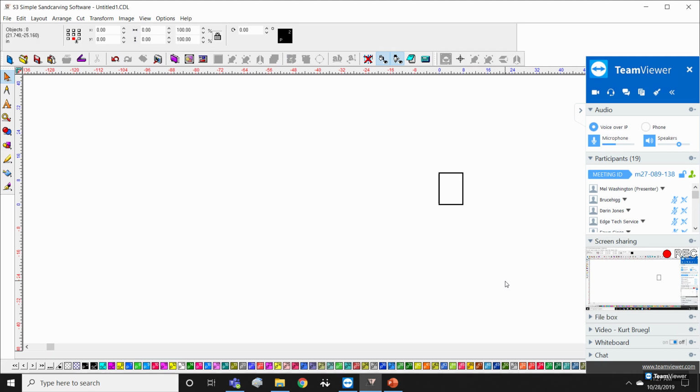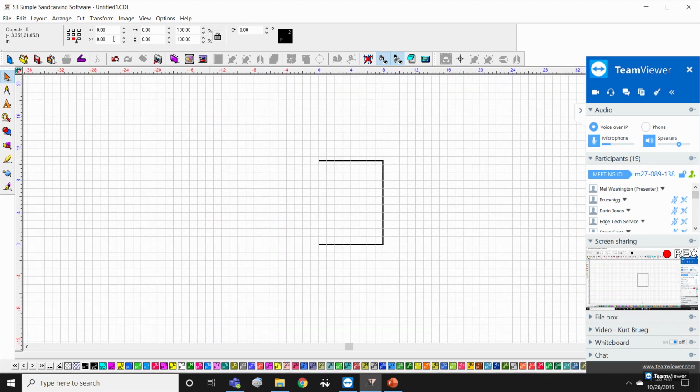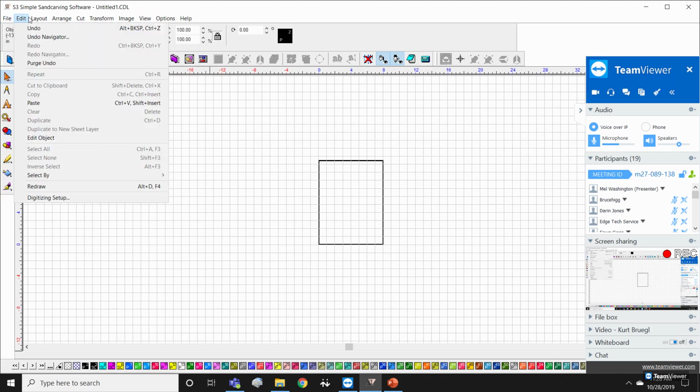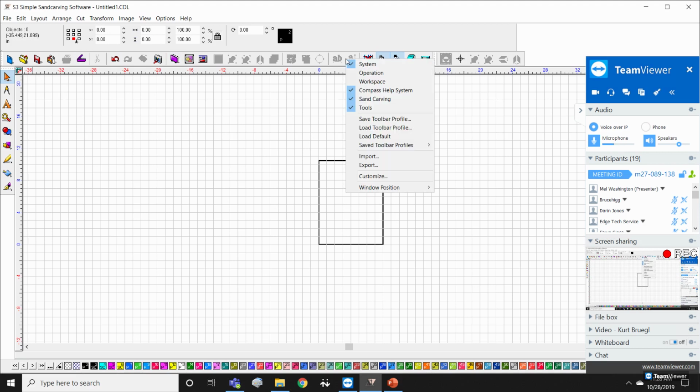So part of the UI, and like I said, you get used to doing things a certain way, but there are many ways to do any one thing. And one of the best things is that you'll find a number of options in these menus that you're going to use, and you can customize your toolbar to help you do those things. So if I right click on this toolbar,